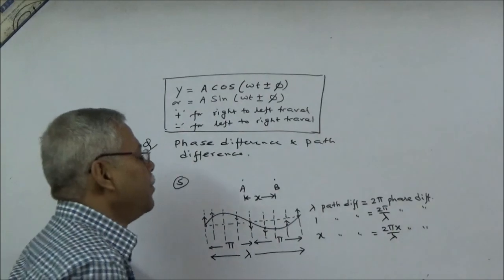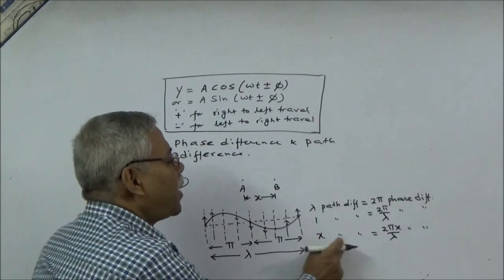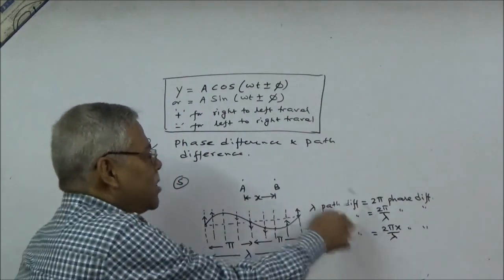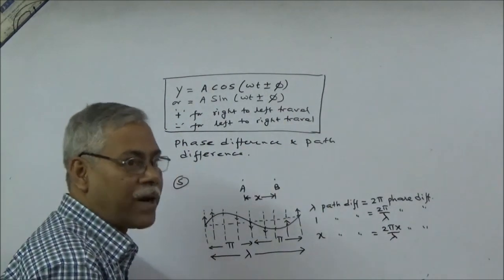Okay. So the path difference x corresponds to a phase difference of 2 pi x by lambda. But we have assumed this phase difference to be phi. Hence,